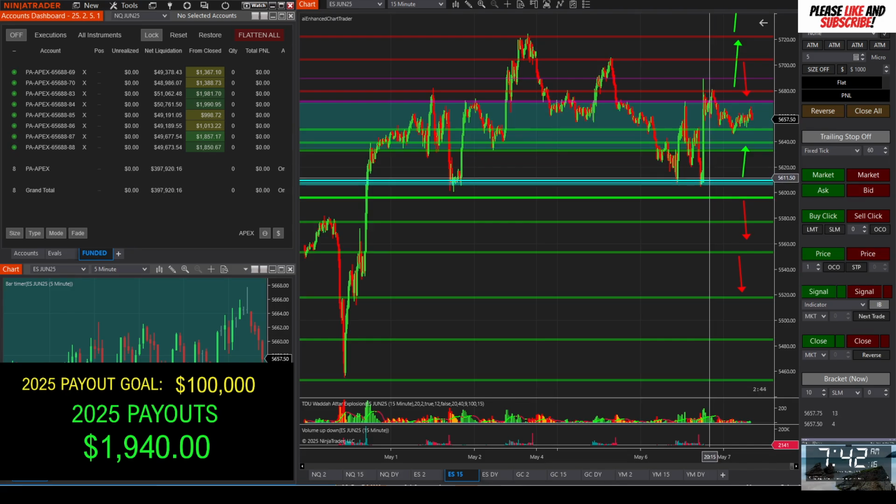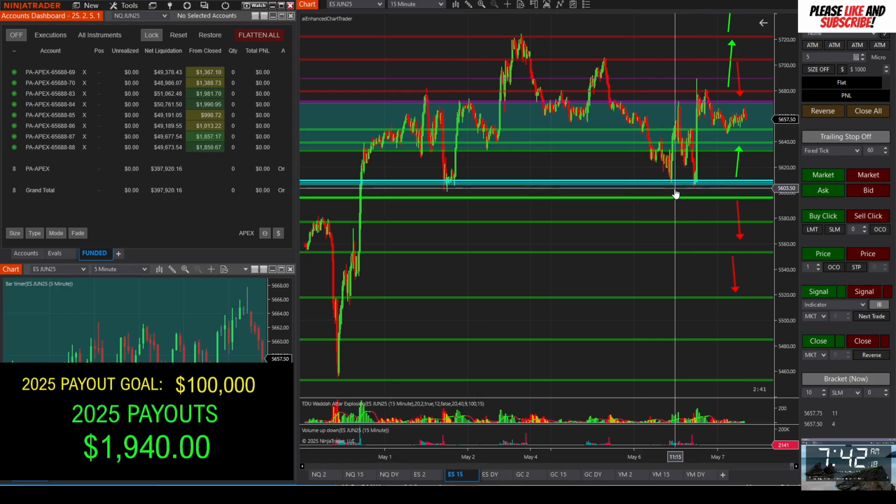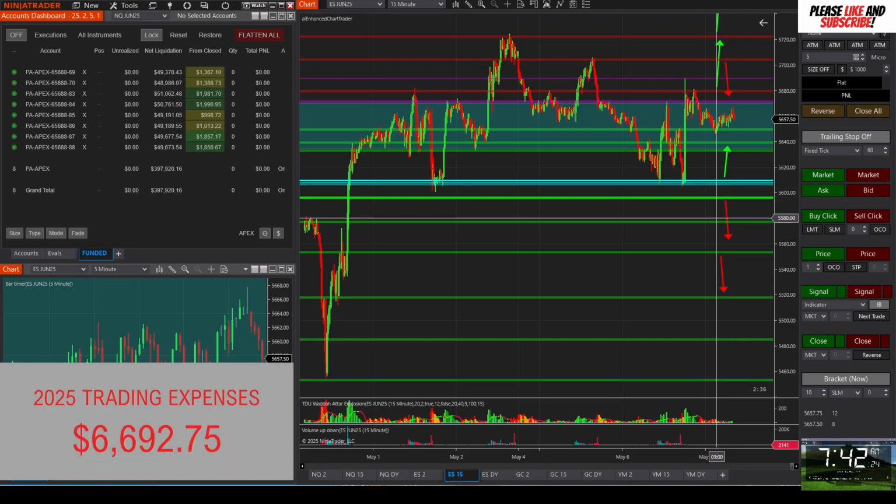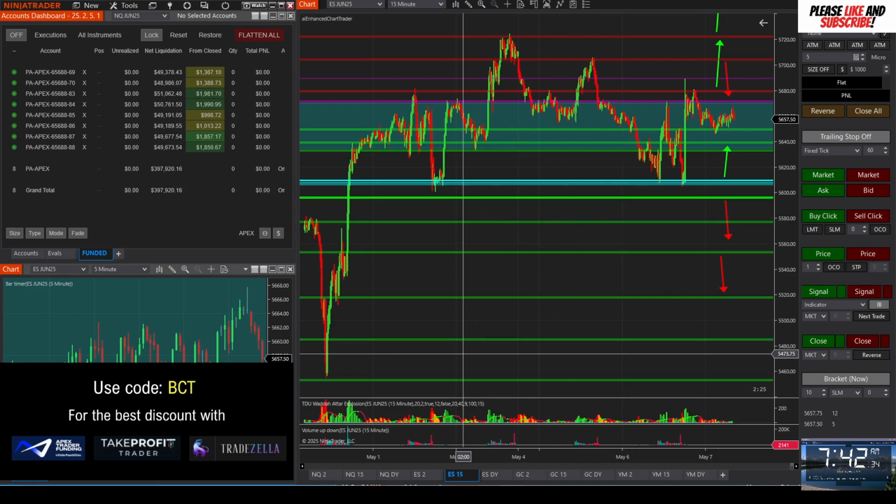This could set up an excellent long. It could also set up an excellent short. So I marked the short here around the 55.95s. I would potentially take that short already up in here as we get below these 56.08s, 56.07s, if we get good confirmation across NQ and ES for a short setup.